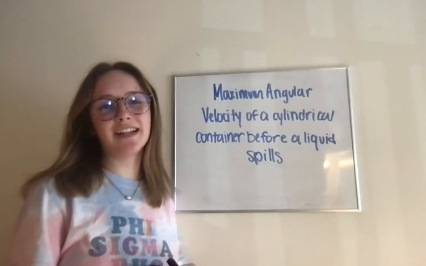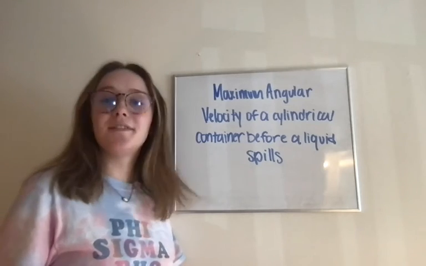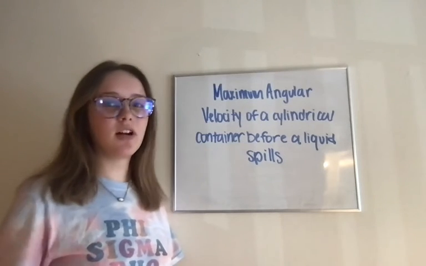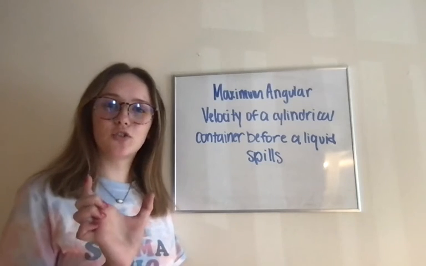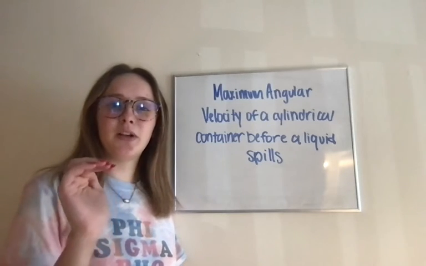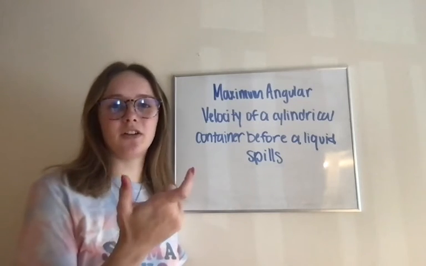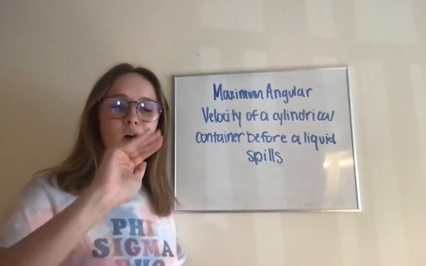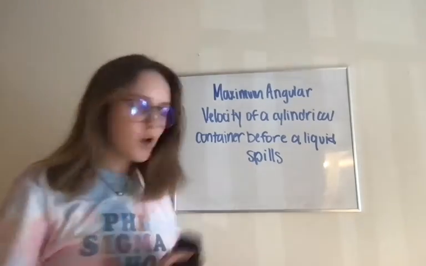I'm Katie Miller, and today we are going to be talking about the maximum angular velocity of a cylindrical container before a liquid spills. So basically, we have a cylindrical container with some fluid in it, and we want to spin it fast enough that the water gets right to the edge but doesn't spill over. So what this looks like,